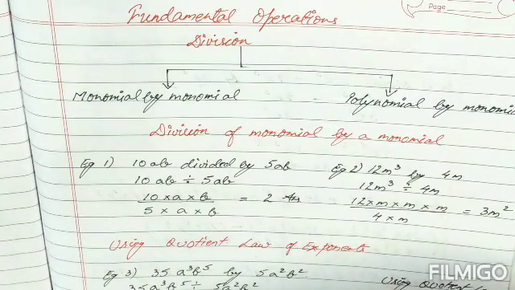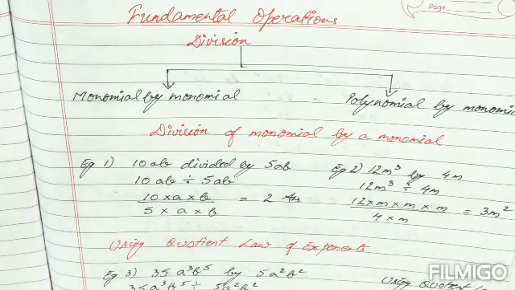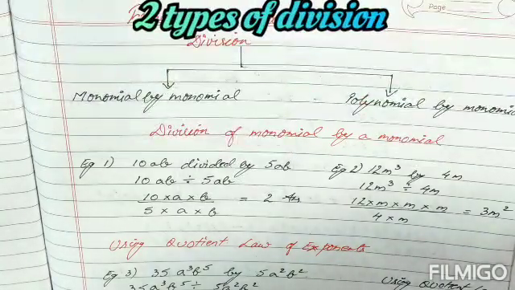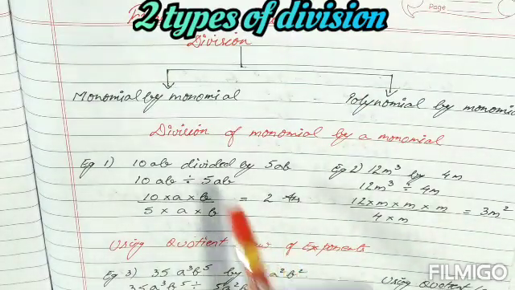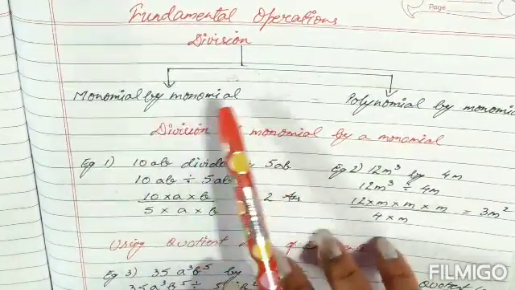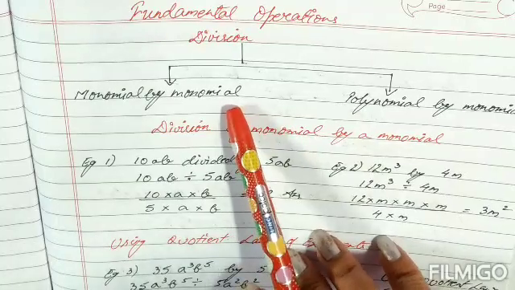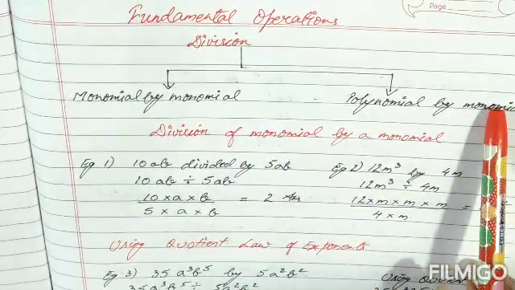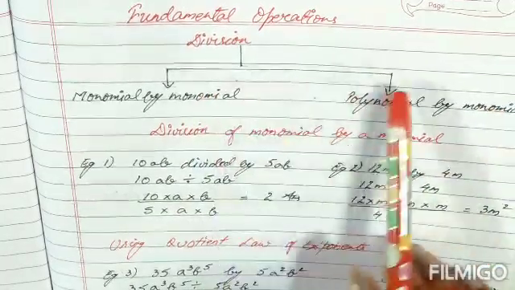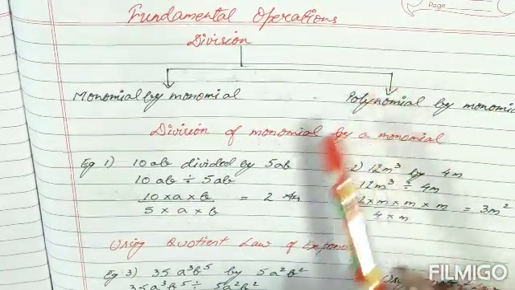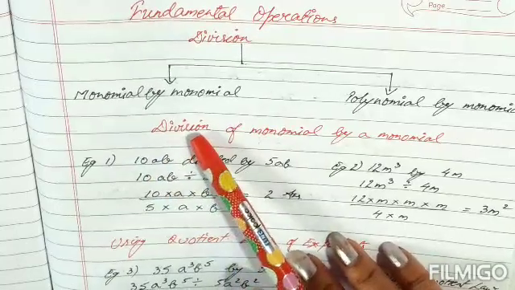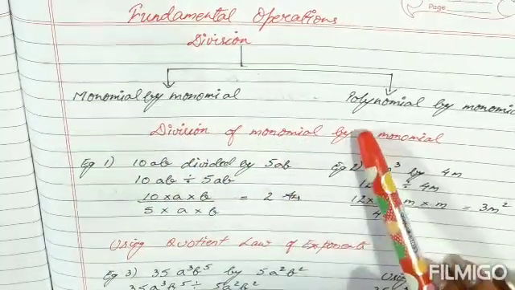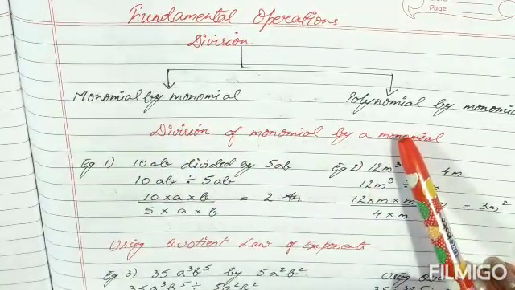And under that, we are going to see the division part. Now, children, the division in algebra can be of two different types. One is a monomial by a monomial, and another one is a polynomial by a monomial. So one at a time we are going to see both of these. We begin with the first one, children, that is division of a monomial by a monomial.